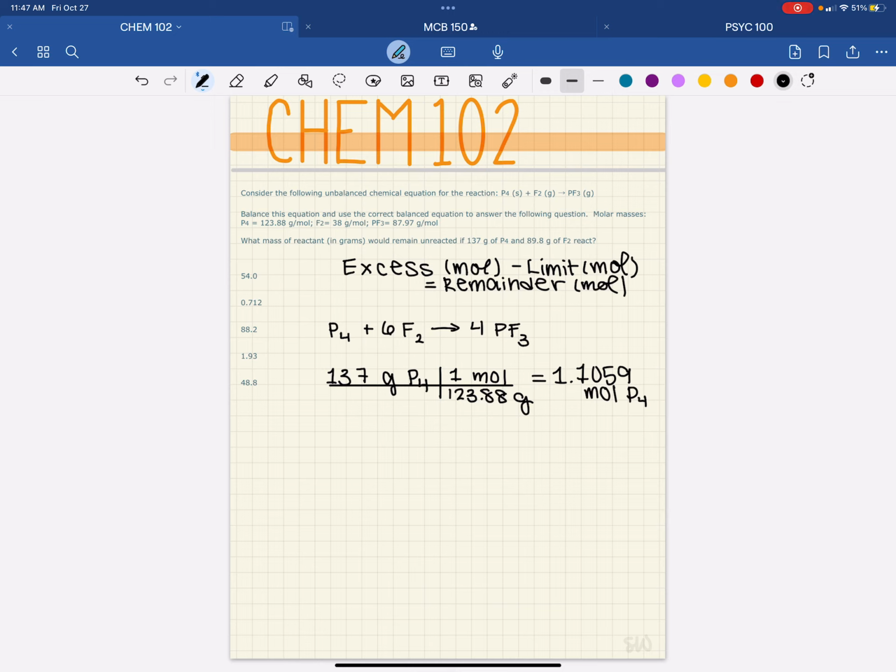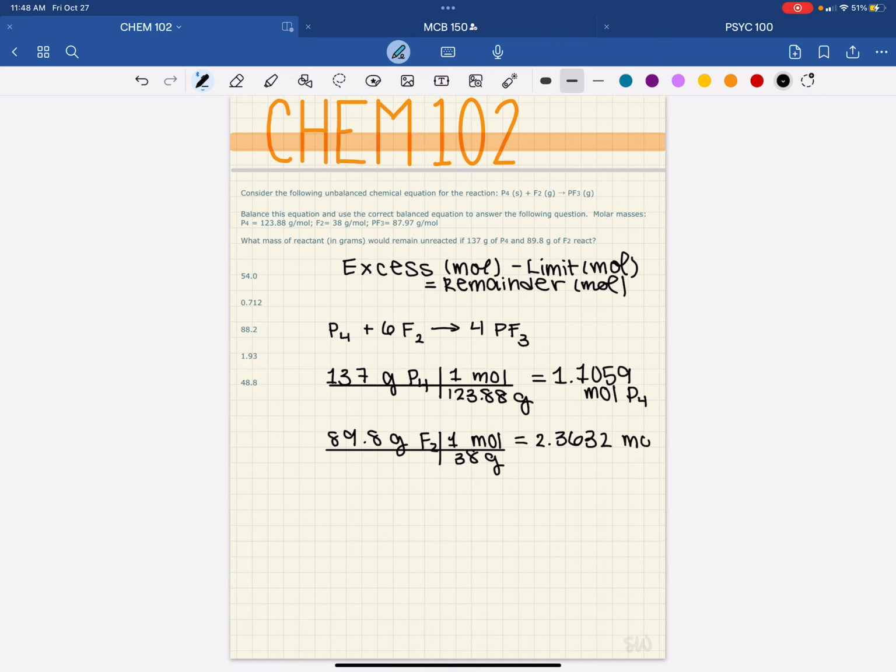And then I'm going to do the same with my F2, 89.8 grams F2 times 1 mole over 38 grams equals 2.363